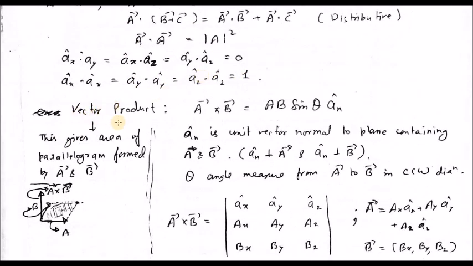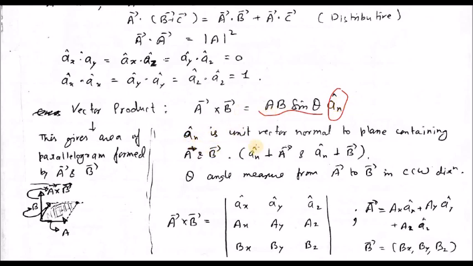Next is your vector product. So vector product is denoted by A cross B, and it is AB sin theta multiplied by this An vector. This AB sin theta gives the magnitude of A cross B, and this An cap gives the direction associated with this AB sin theta, because A cross B gives you a vector, so this vector must have some direction, and this An unit vector gives that particular direction.